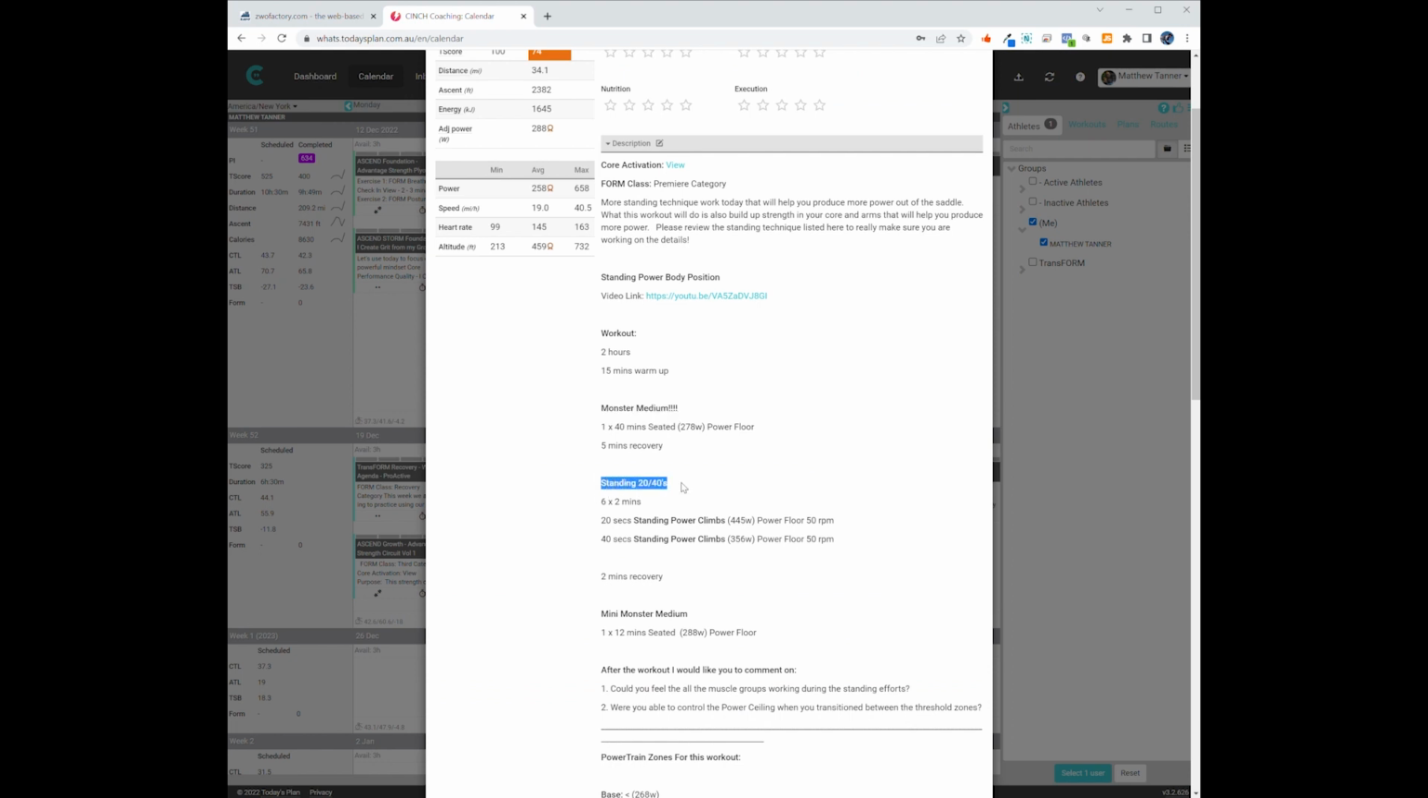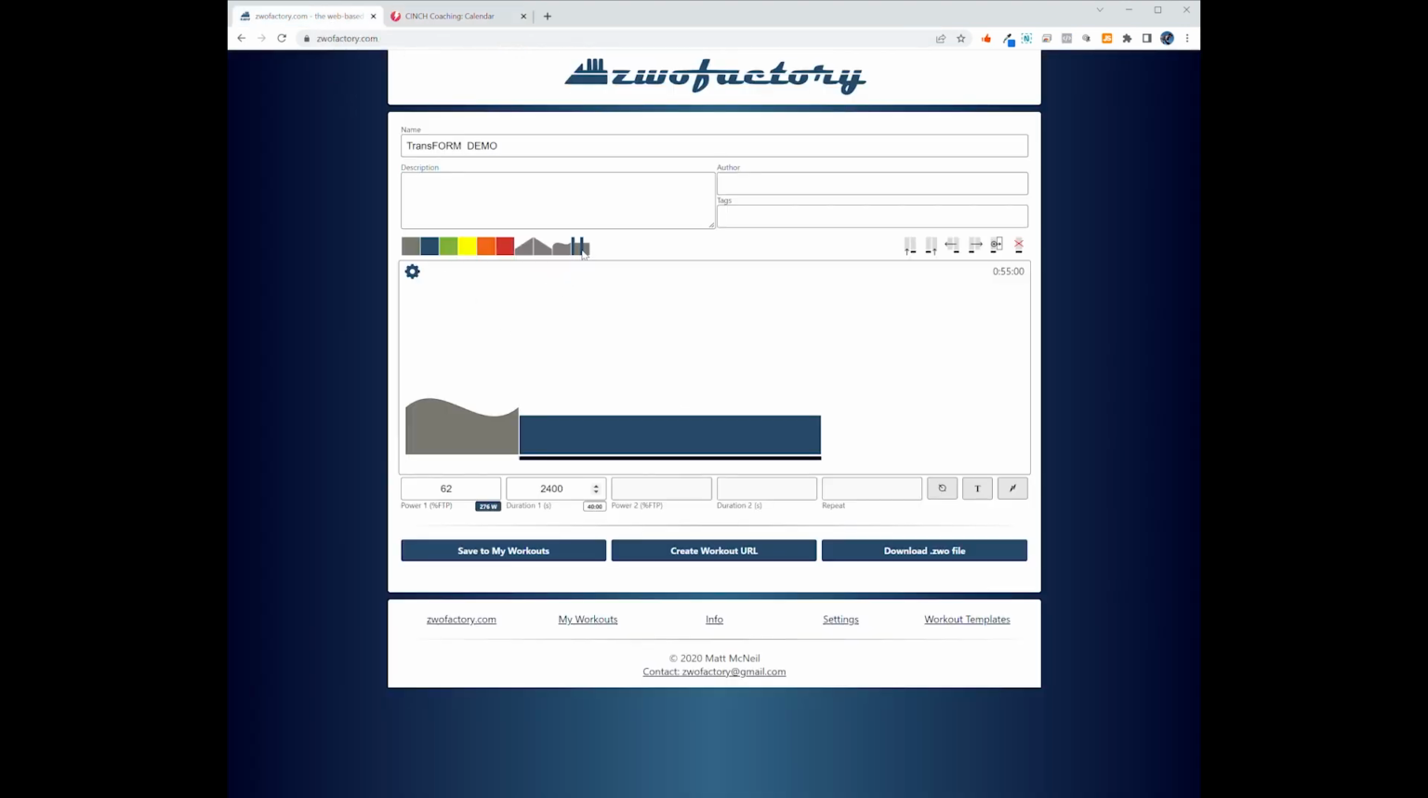Next we have some standing 20-40s, and these are 2 minutes long, and there's going to be 6 of them. So it's 20 seconds at 445, and then 40 seconds at 356. To do that, we're going to use this interval tool. By default, it loads 3 intervals, and I'm going to set mine to 2 because we're going to make these